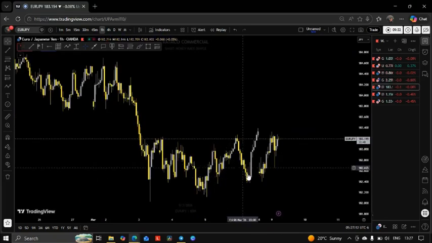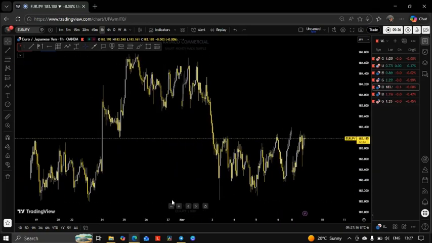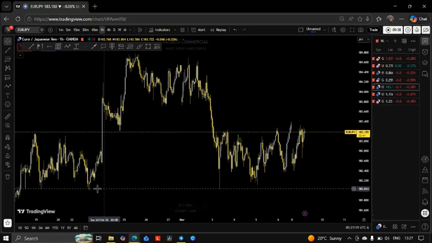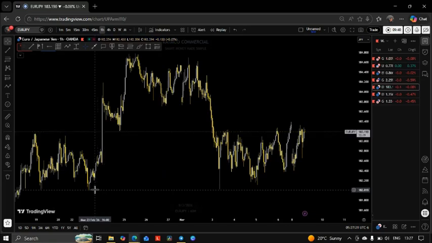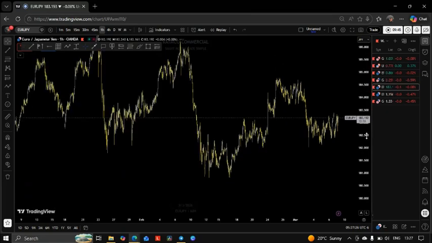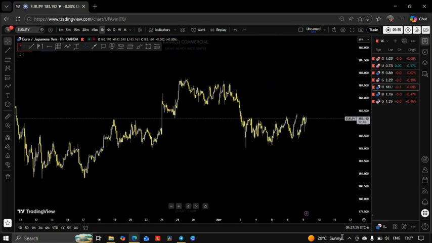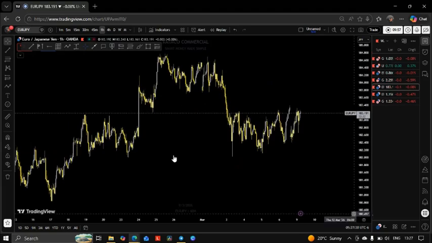EURJPY. EURJPY has been bullish, right? And this is not the safest way to buy according to how I analyze it, right? Because on the 4 hour time frame, price triggered somewhere around here and dropped. It hasn't reached this point yet because we're still selling and it's supposed to be a swing. So I'm taking my chances by entering on a re-entry here, of which